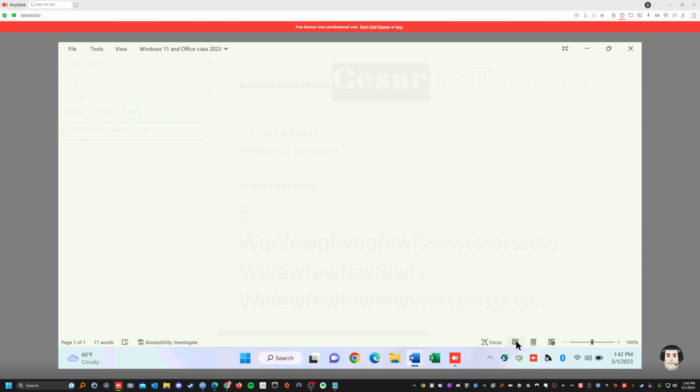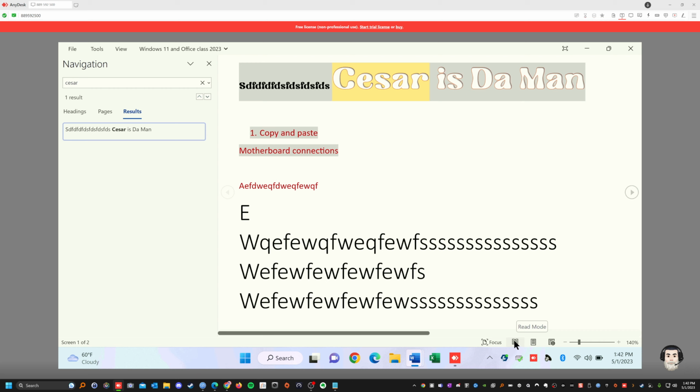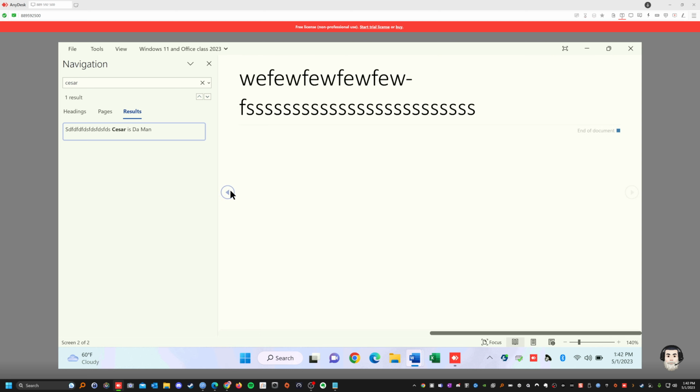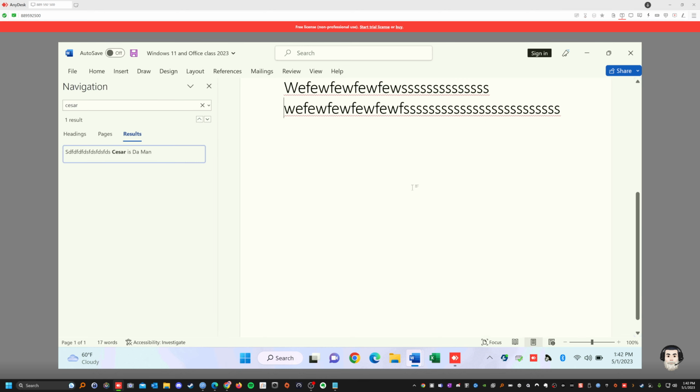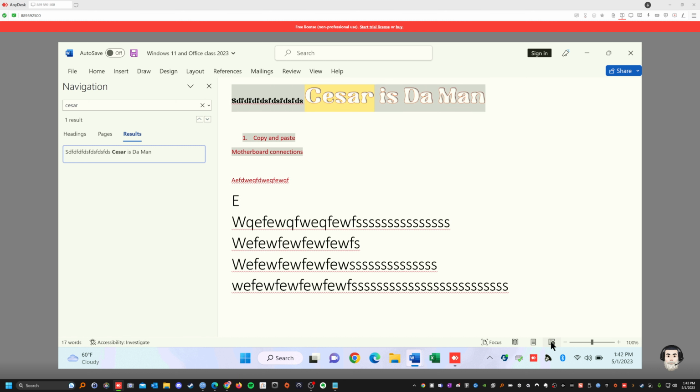That's on the bottom there. If you have different pages, you could see two pages. In this case, you only have one page, and you could just scroll to the left or the right, and you see the next page, kind of like a book, right? And on the bottom, you see the full page, and this is the print layout. This is how it's going to show when you print it out. And that's if you want to go online and see how it looks on a website. That's how it's going to look on a website.